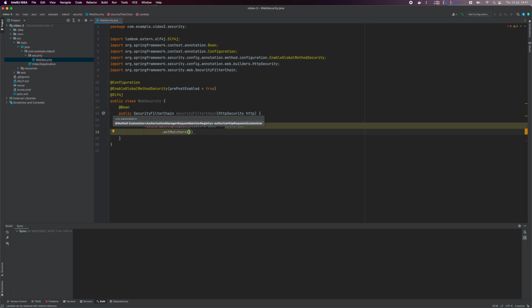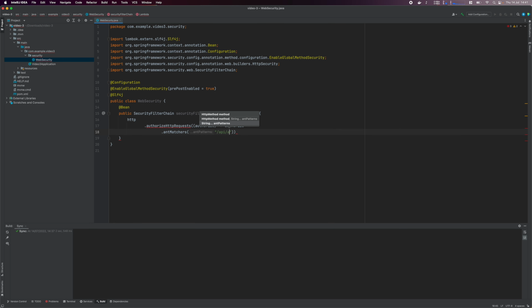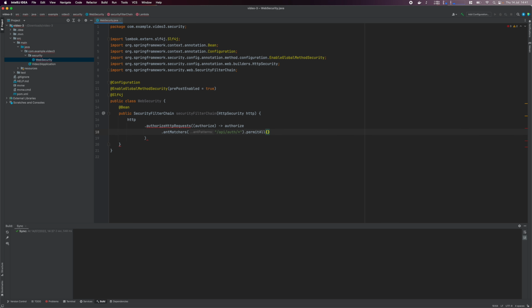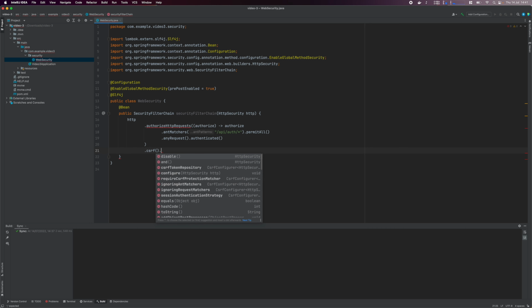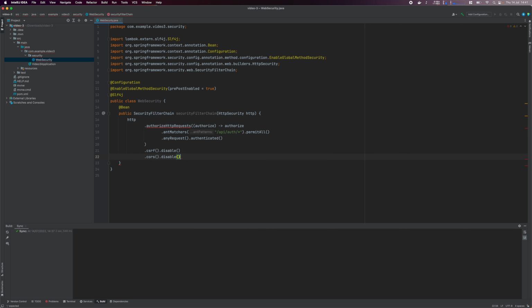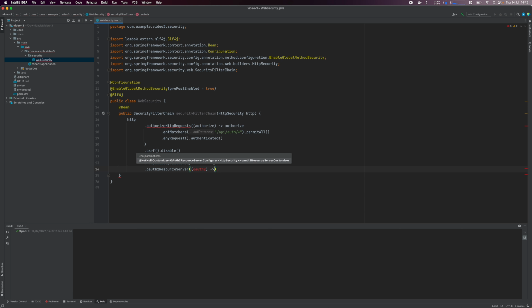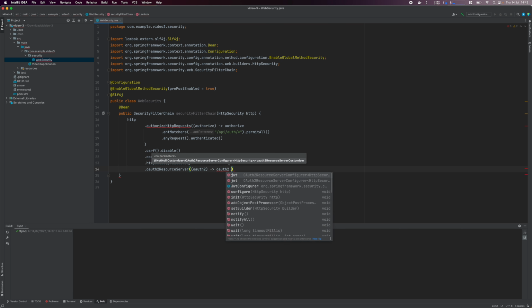We configure the /API/auth endpoints to be publicly accessible, while every other endpoint must be accessed by authenticated clients. We disable CSRF, CORS, and Spring's HTTP basic login and registration. Then we configure the OAuth 2 resource server. We specify to use JWT authentication,